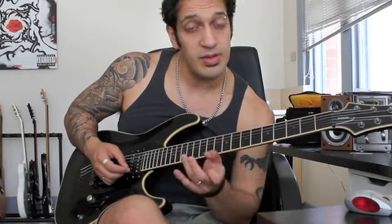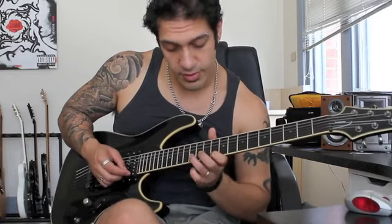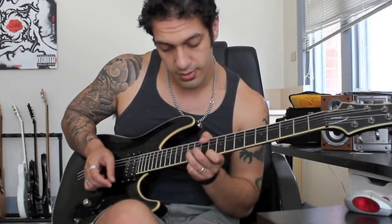Alright, let's take a look at the 4th section. We're going to be looking at a lot of dual bend ideas, where we're sort of holding a single note and then bending the string above till the same note. So I'm playing 10 of the 1st and bending 13 of the 2nd, and then I go,